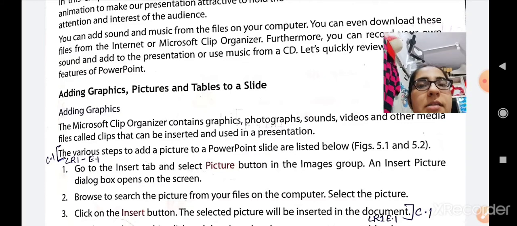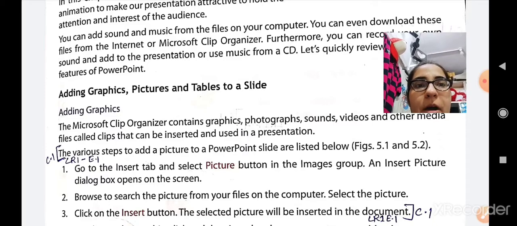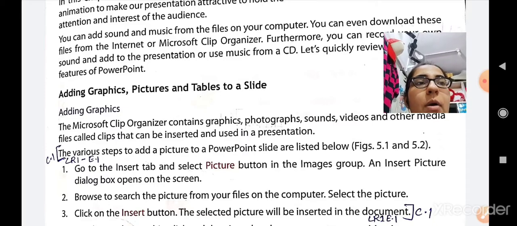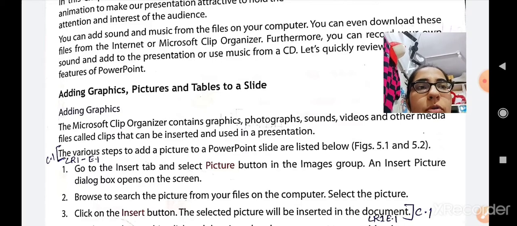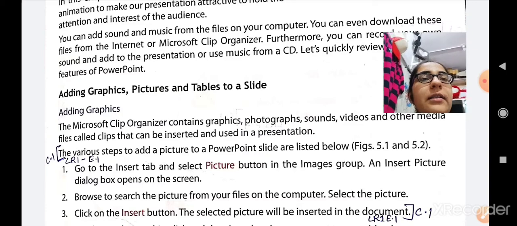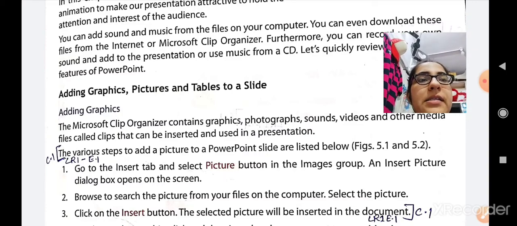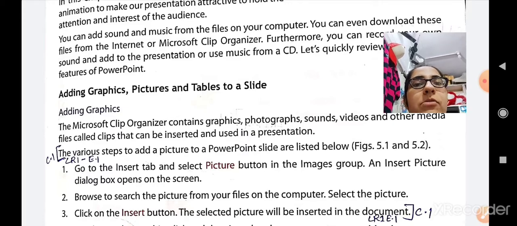Now let us see the steps to add a picture to a PowerPoint slide. First you have to go to the Insert tab and then select the Picture button in the Images group. An Insert Picture dialog box will open. Browse to search for the picture from your files on the computer.